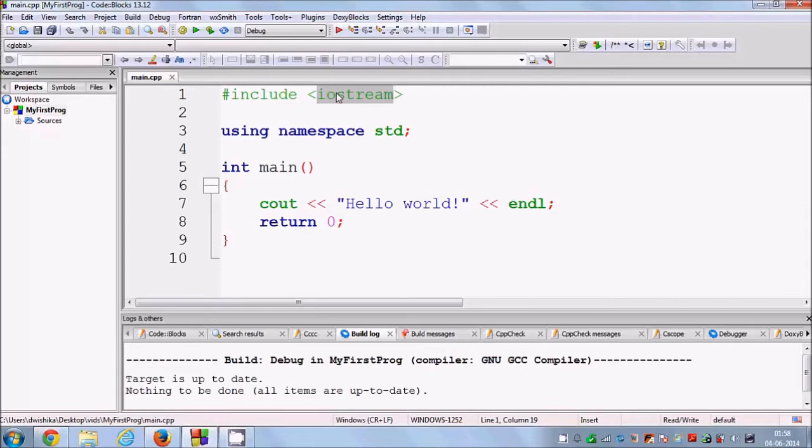Okay, now we come to the next line. So this line, using namespace std, says to C++ that we are going to use the standard library to do our work. For example, this cout here belongs to the standard library. Okay, so